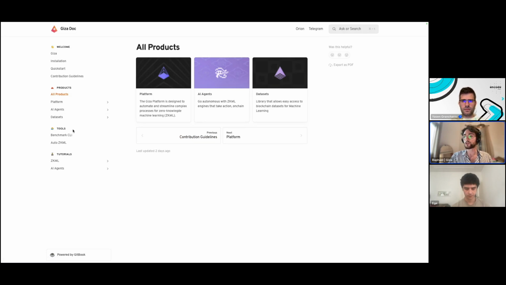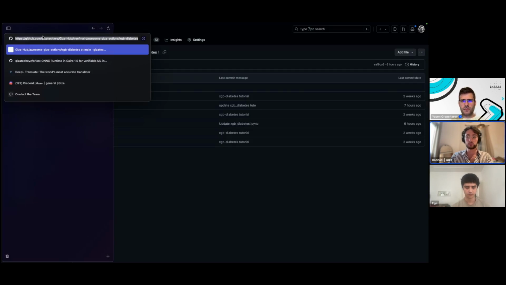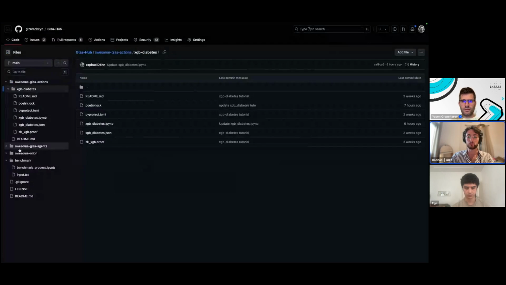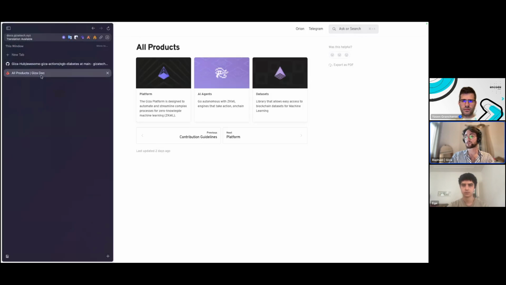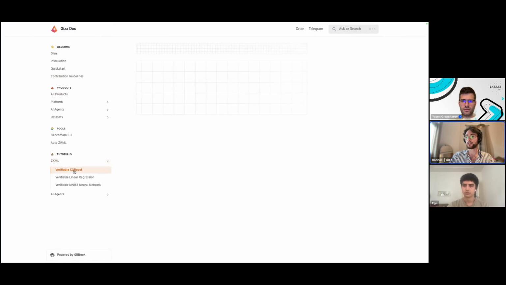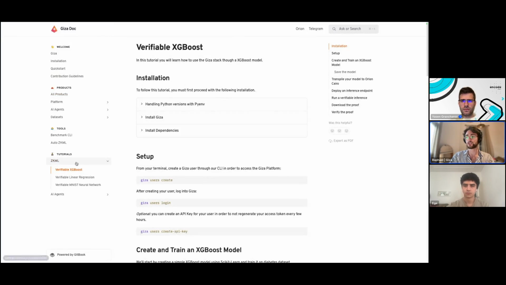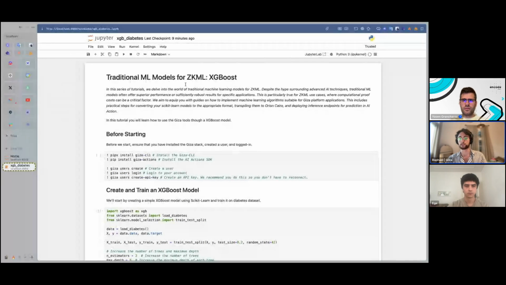Okay, so let me share with you first the link of the notebook of the repo of the workshop. You have also the tutorial here in the documentation, in the tutorials section. But now I'm going to do it as a notebook. Okay, first thing that you have to do before